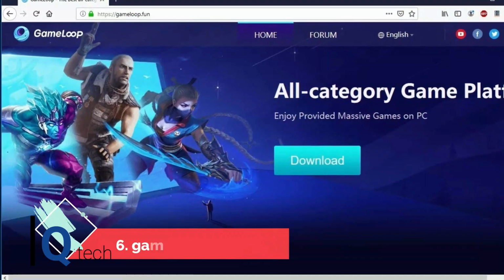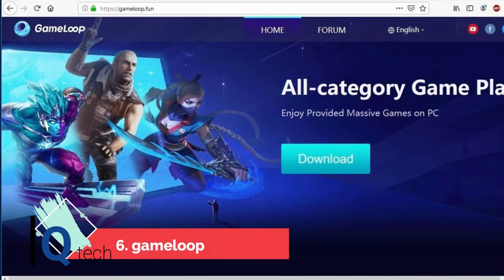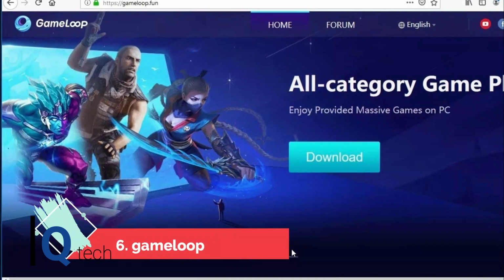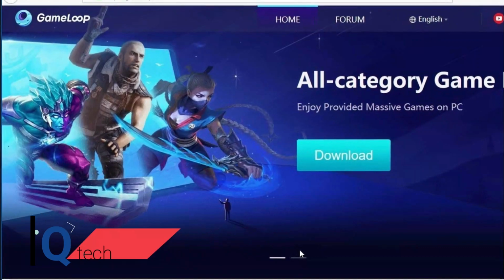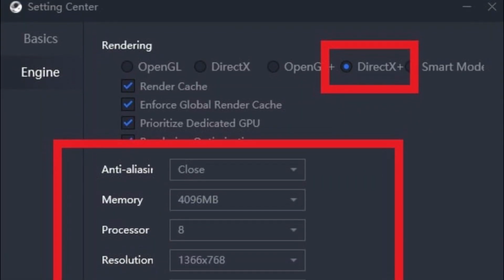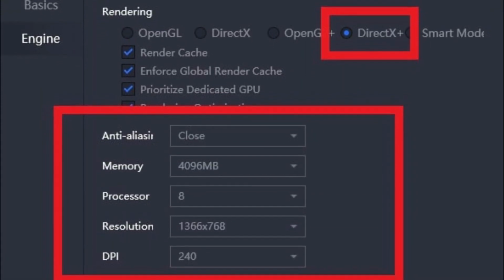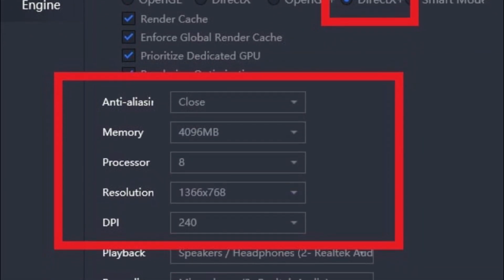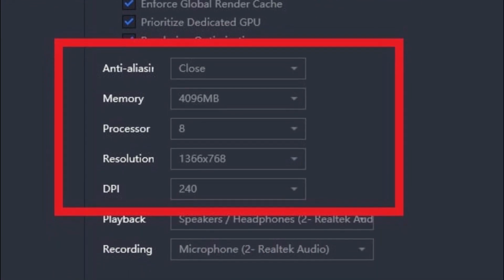Number 6. Game Loop. You don't need a browser to watch live streams. The emulator can effortlessly live stream for you. It's the fastest Android gaming emulator that can work perfectly on a PC. The games are integrated for fast download by the touch of a button. The emulator leverages the powerful GPU, CPU, and RAM that makes gaming more thrilling than when on a mobile platform.